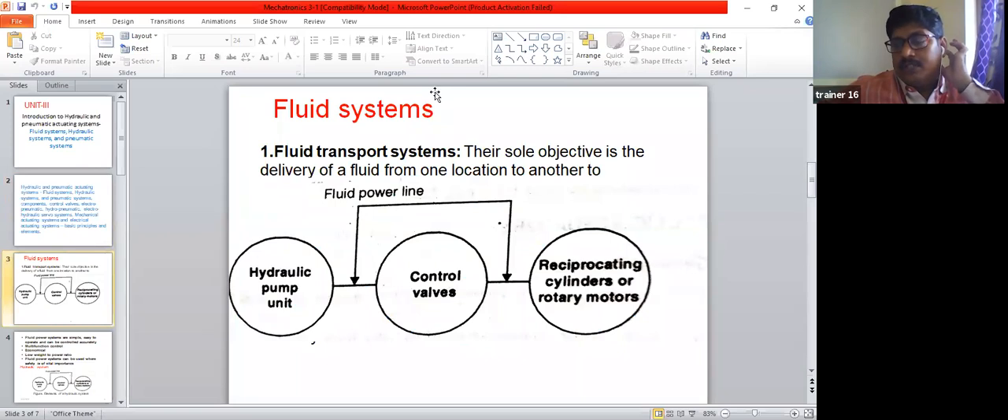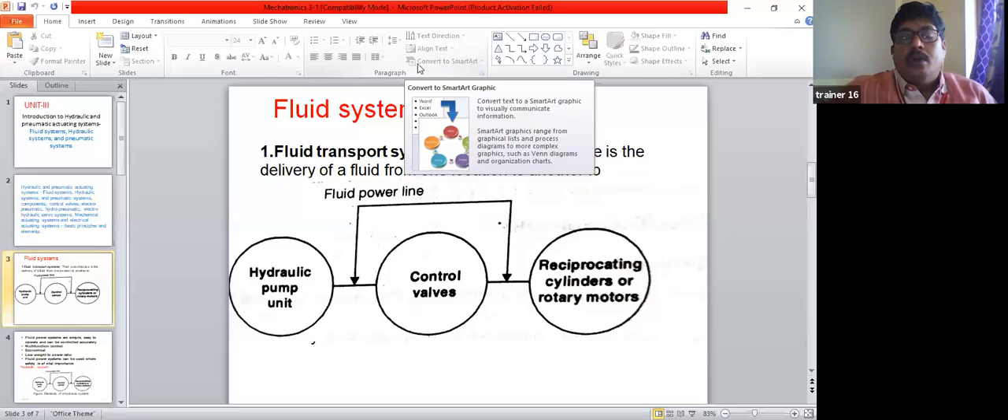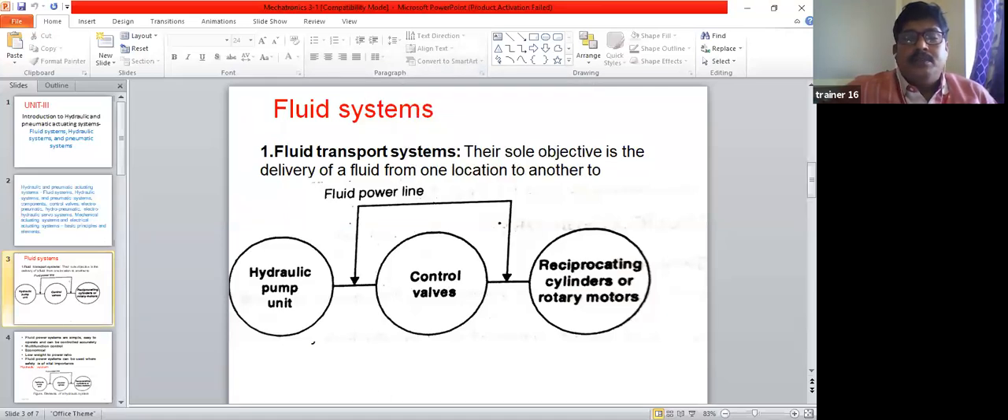Before, first in the syllabus, we will discuss the fluid systems. Fluid systems, if you see the fluid systems,